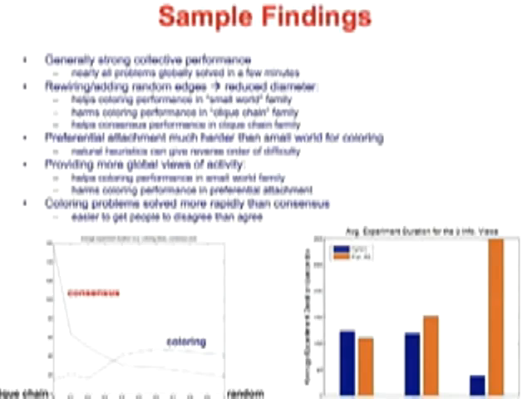So what are the kinds of more scientific things that you can claim? So first of all, there's generally strong collective performance. So we gave people these time limits from 5 minutes in the very first session for coloring down to 2 minutes for either coloring or consensus in the second session. And generally the collective performance is quite strong. People can indeed color using the maximum number of colors, a wide variety of network structures in just a couple